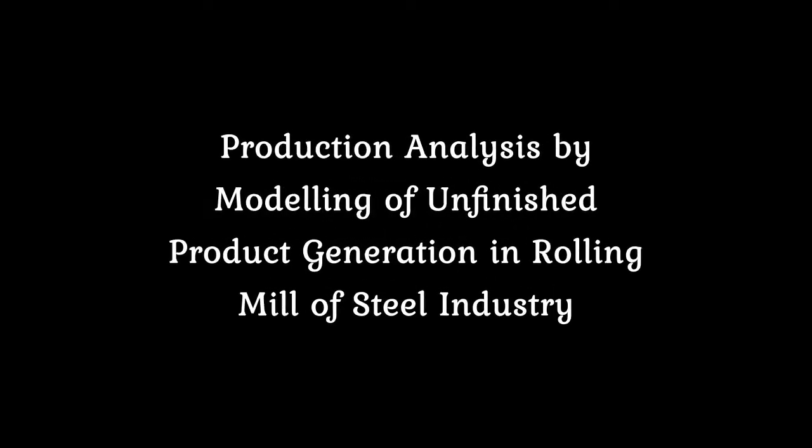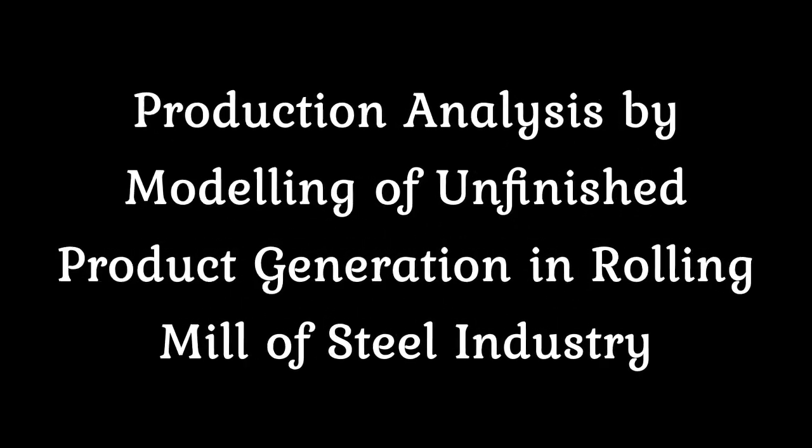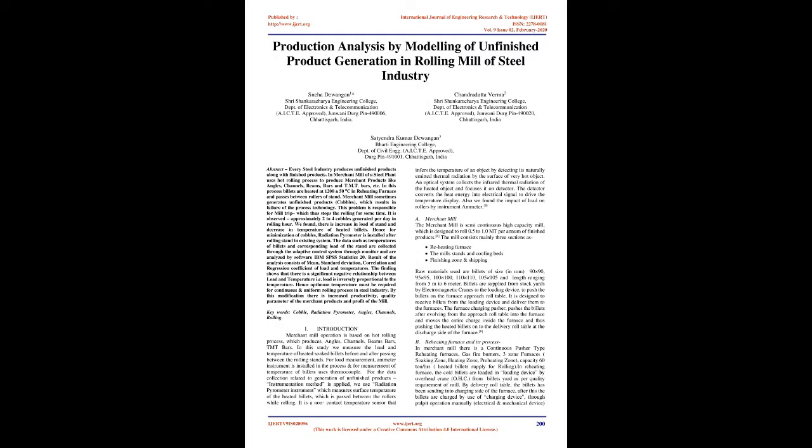Production analysis by modeling of unfinished product generation in rolling mill of steel industry. Abstract: every steel industry produces unfinished products along with finished products. The merchant mill of a steel plant uses a hot rolling process to produce merchant products like angles, channels, beams, bars,